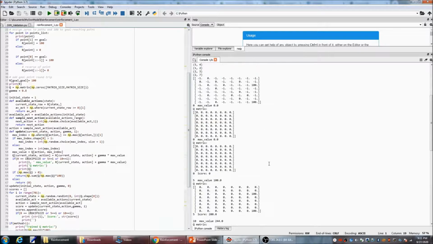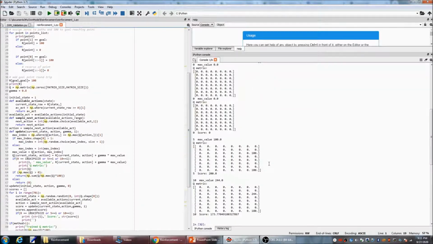Let's see. After 5 steps, you can see we build our matrix Q here. And the endpoint is 100, and point 2 also has 100. And after 10 steps, we have endpoint 180 and point 2 244.